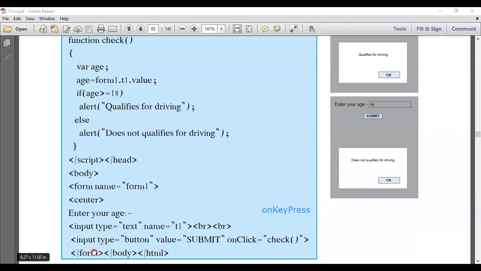So by two ways we can call any user defined function. The first way is just by writing the name of the function, and the second way is by triggering any event. So any function we can call either by triggering an event or by just giving the name of the function. These things you have to study and implement in the next session, which we are going to study as the syllabus of 12th standard.